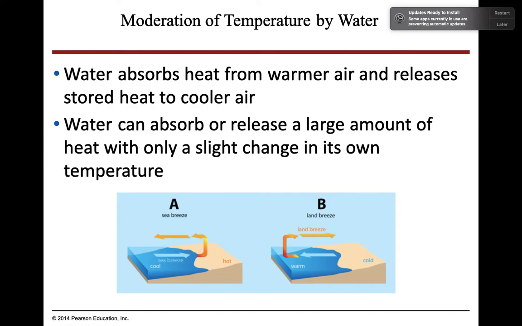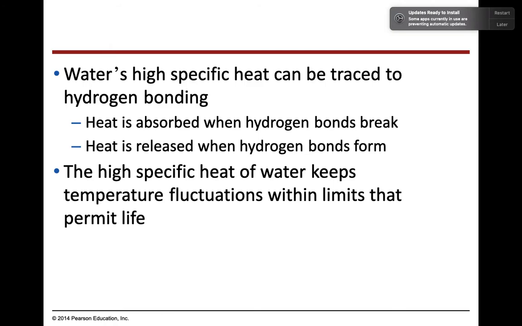Now, water is super important for moderation of large ecosystems because water is able to not only absorb heat from warmer air, but it releases that stored heat to cooler air. And if you're ever on a beach and you feel the direction of the air, whether or not it's leaving the land or coming into the land has everything to do with the differences in temperature. And this is due to the fact that water has a really high specific heat